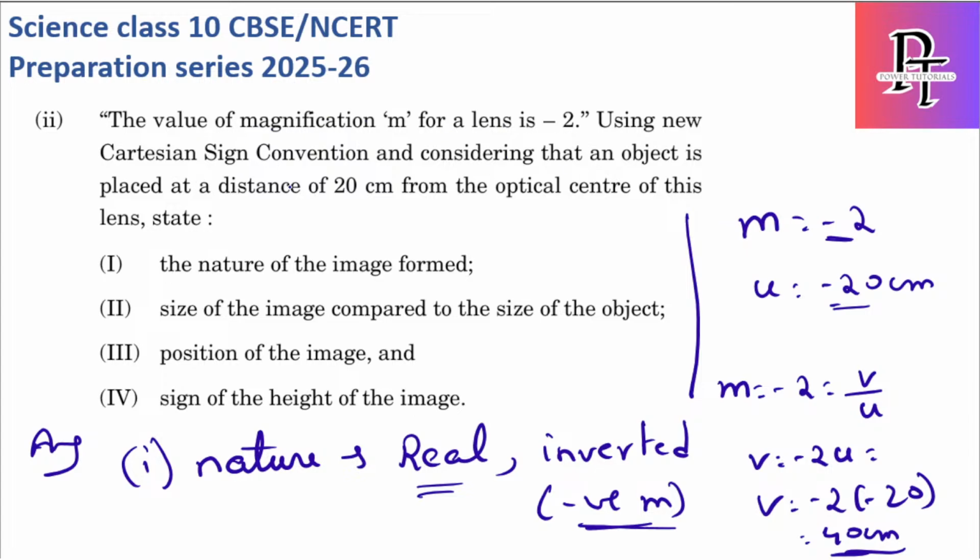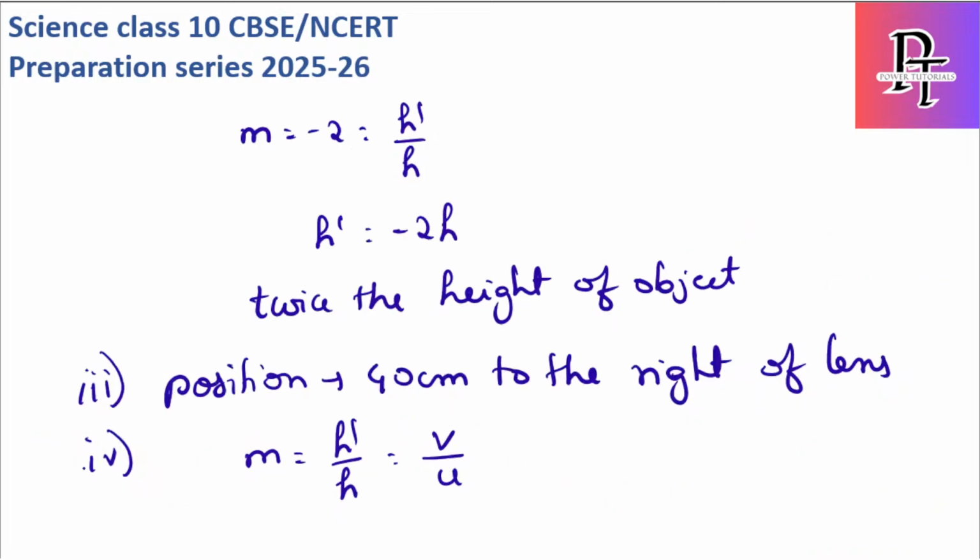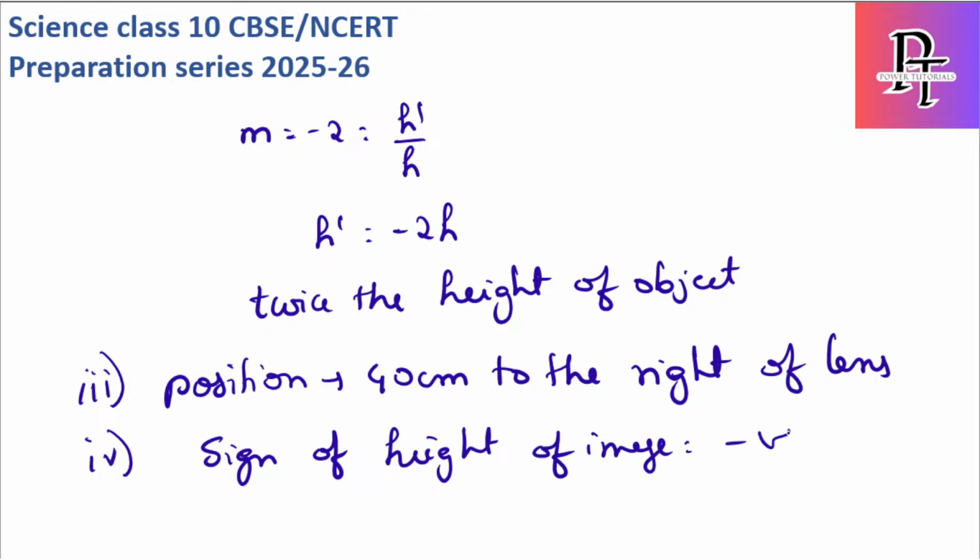using sign convention consider the object is placed at distance 20 from the optical center of state। साइन, ओके, इस साइज नहीं पूछ रहे, साइन पूछ रहे। साइन ऑफ द हाइट ऑफ इमेज वो नेगेटिव होता है। साइन ऑफ हाइट ऑफ इमेज इज इक्वल टू नेगेटिव। वाई? बिकॉज m वैल्यू -2 दिया है, h डैश बाय h। तो h डैश का वैल्यू क्या होता है, -2 इंटू h, सो नेगेटिव होता है। ठीक है, हम नेक्स्ट क्वेश्चन में मूव कर लेते हैं।